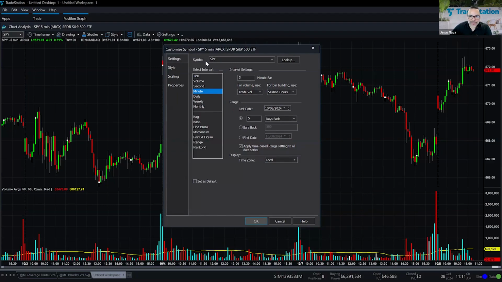And the setting that I'm talking about is right here. It says volume, right under the interval. And you can see that there's two options. I have trade volume and I have tick count. Trade volume is the one that we were looking at just now, the one that gives you the number of shares. If I were to change this to tick count, it would actually convert my volume study. And instead of looking at the number of shares traded, it's going to look at the number of transactions or the number of trades. Let me go ahead and click OK to this